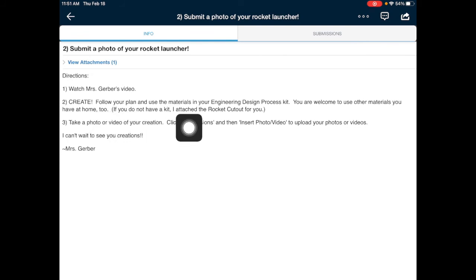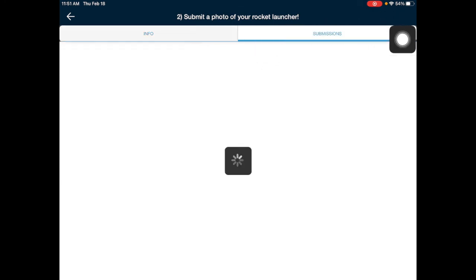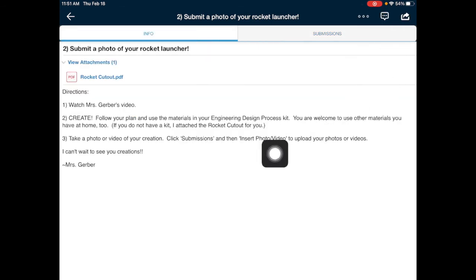If you do not have a kit, I did attach up here the rocket cutout just so you can see what it looks like if you are able to print it. The rest of you should have a printout in your kits. Then take either a photo or video of your creation, click this submissions tab right here, and you should see a blue plus sign right there that you will be able to choose the second option down, insert the photo or video. So no need to send me any pictures of pages in your STEM journal, only just a picture of your